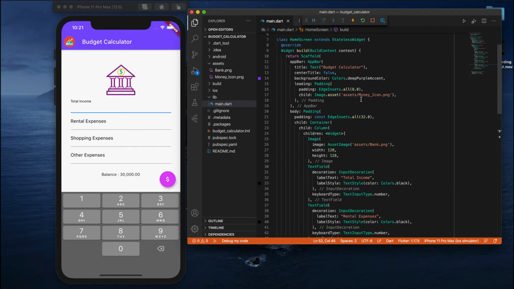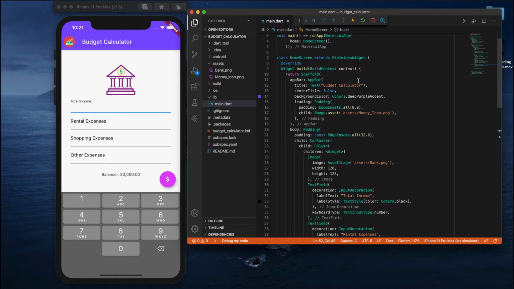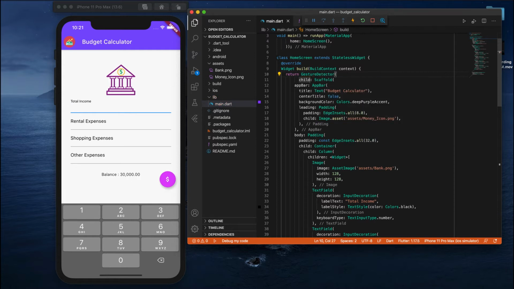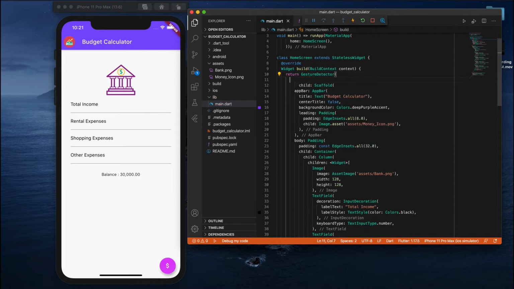So how can we do that gesture here? As we have already seen this in our previous tutorial, in the same manner we will do it. Before the scaffold, we'll replace the scaffold with a new widget, wrap with the widget. This widget I name as a gesture detector. In this gesture detector, I'll write on tap functionality. So like an on tap function I'll create here.